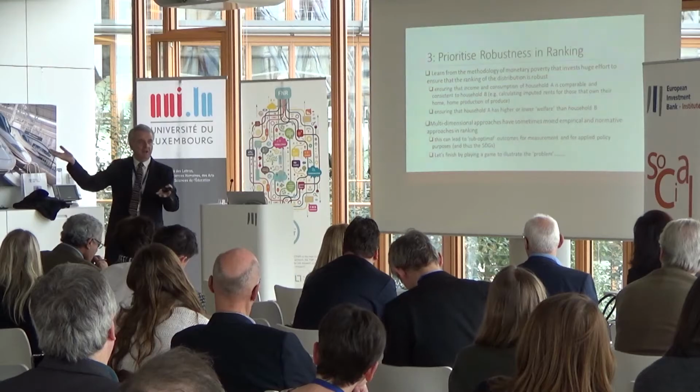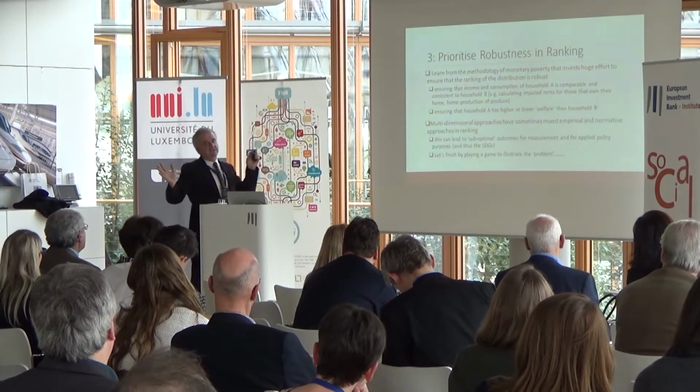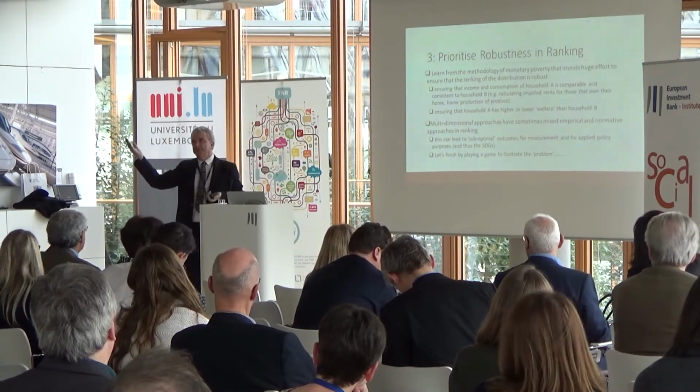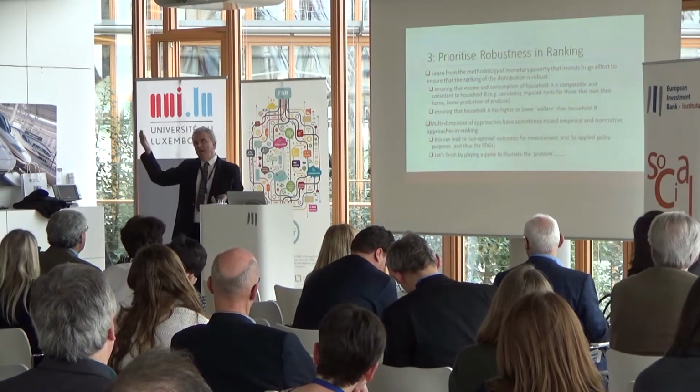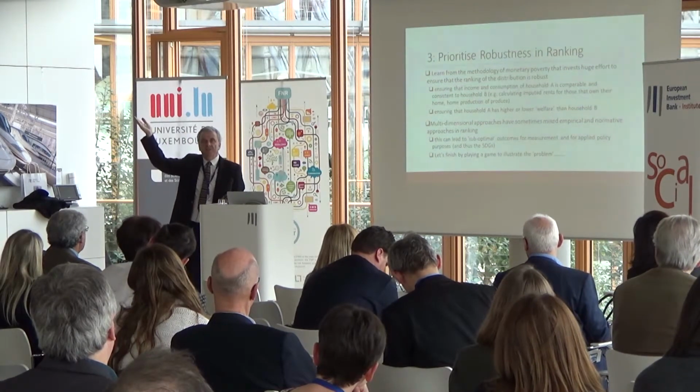Angus Deaton got a Nobel Prize last year for his work on consumption and how to produce consumption aggregates and understanding how consumption patterns are framed. There's been a huge investment in ensuring that those are robust, that we can compare households with 8 people to households with 2 people who have the same income